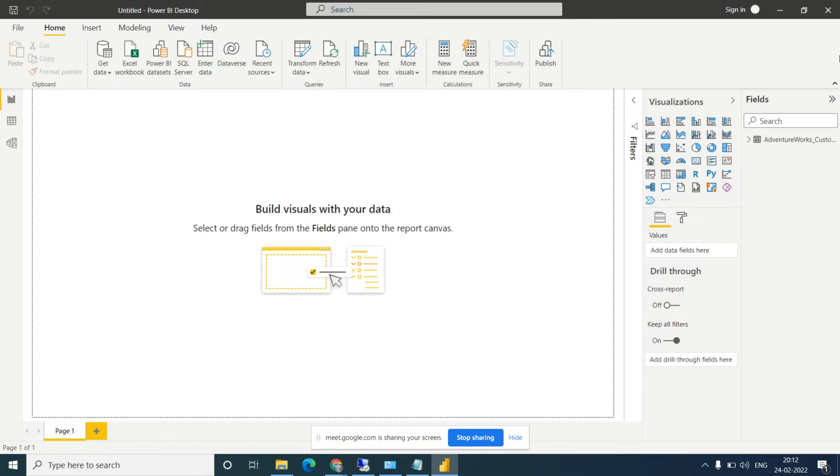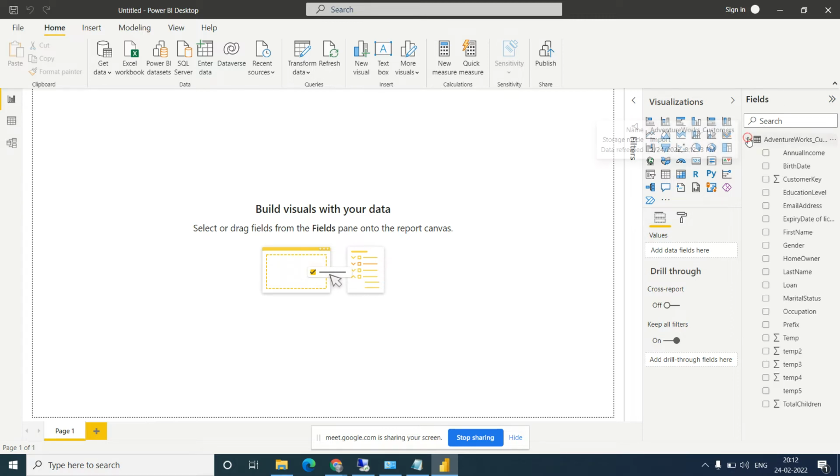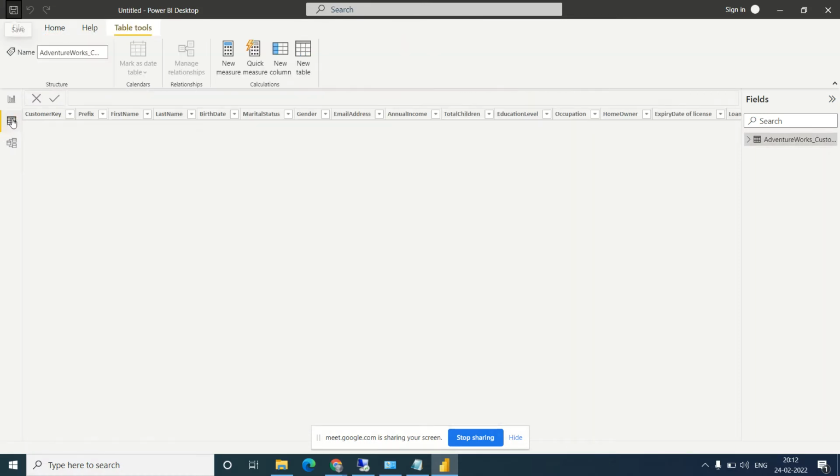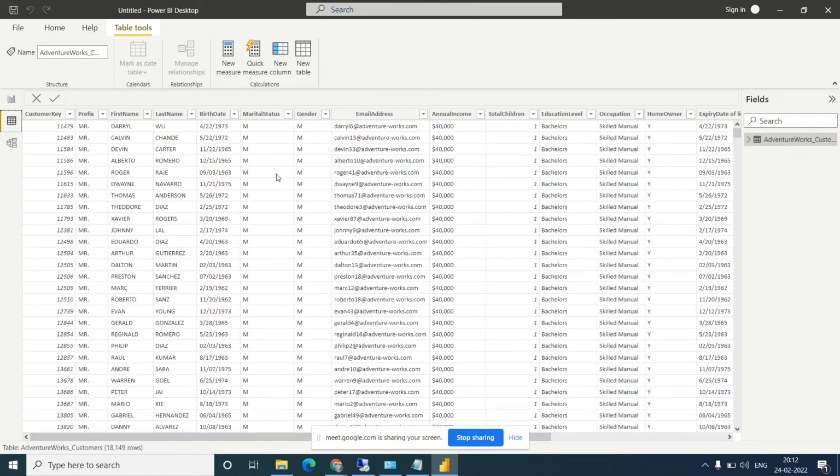Okay, so the data has been loaded. Let's go to the data view. This is the data view, this is the visualization view, and this is the modeling view. So I am going to data view, and you can see the data.